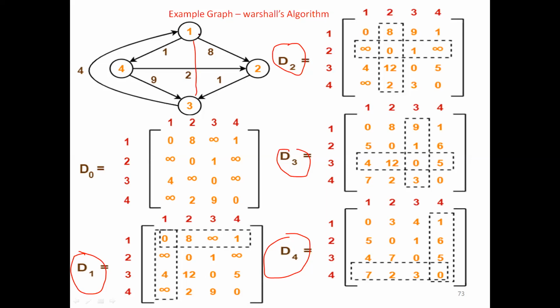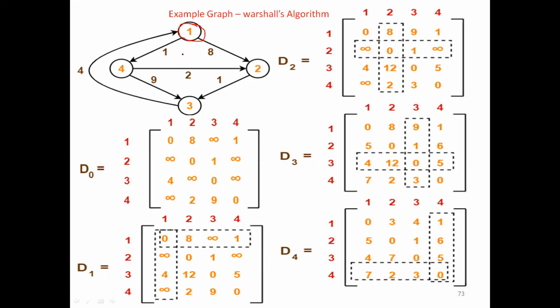I can reach. What is the shortest path from 1 to 2? What is the shortest path from 1 to 4? What is the shortest path from 1 to 3? So like this, it gives all the combinations. It gives all the shortest paths from all the vertices in the graph. That is the advantage of this Warshall-Floyd algorithm. Okay, fine. So first, I will take the vertex 1 to reach other vertices.